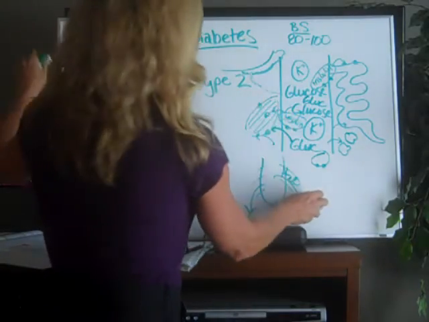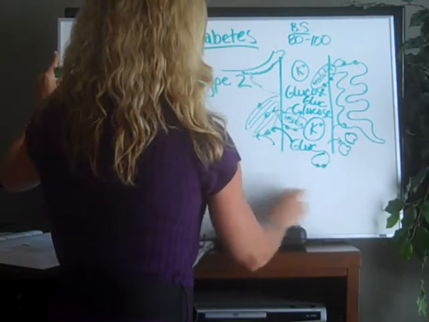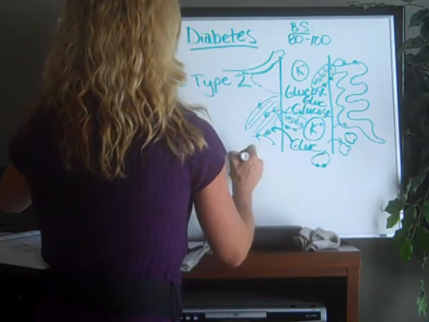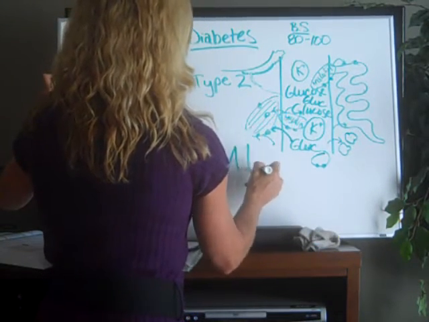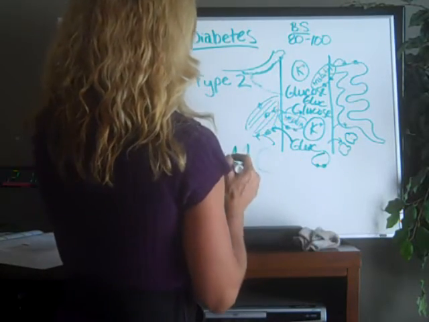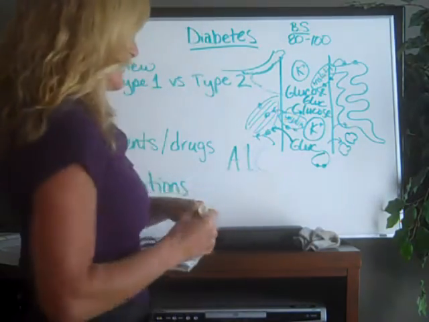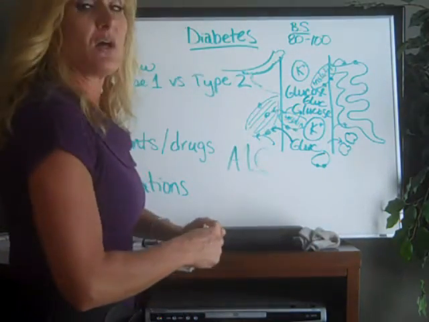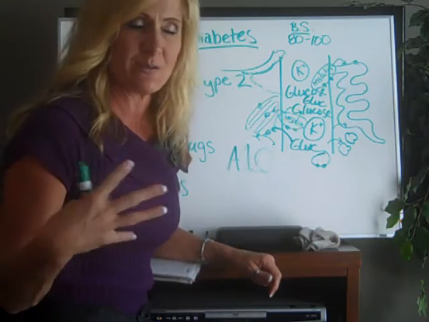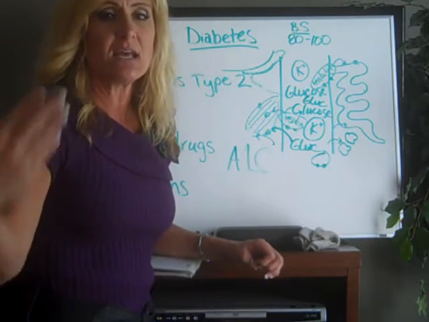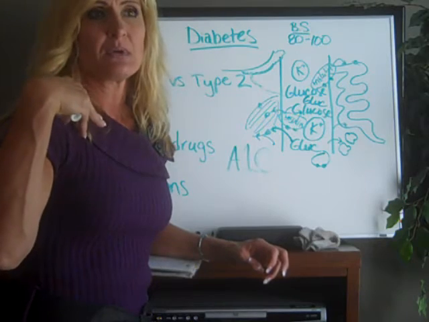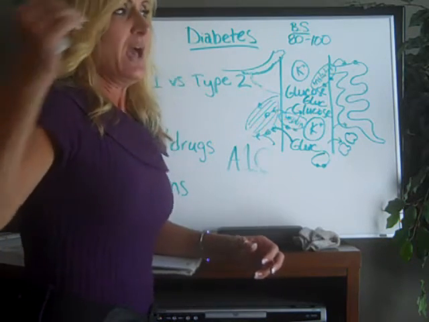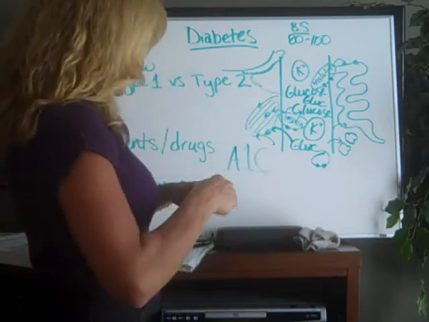Now, the one thing that is an even better indicator than just a straight blood sugar is this thing called A1C. I think my thing is still wet. The other words for it, and it means the same thing, are glycosylated hemoglobin, glycosylated A1C, or just your A1Cs. What that means is,